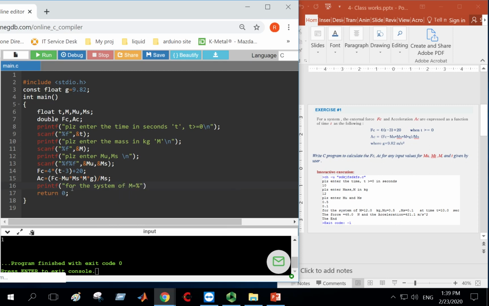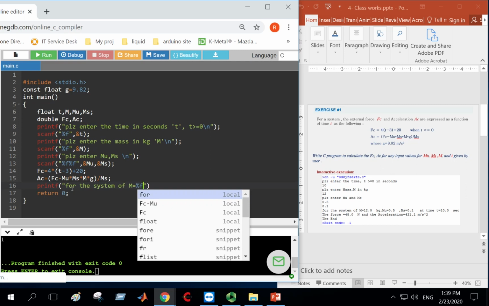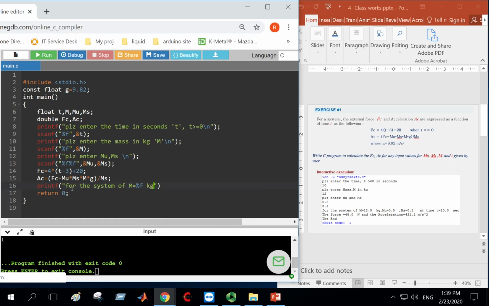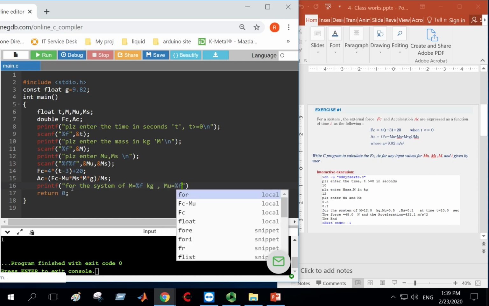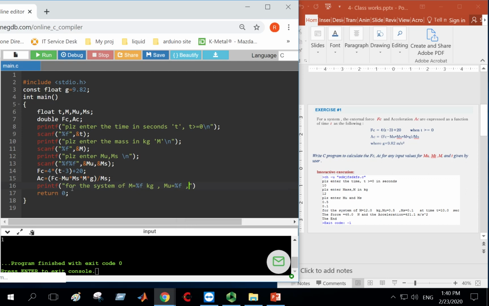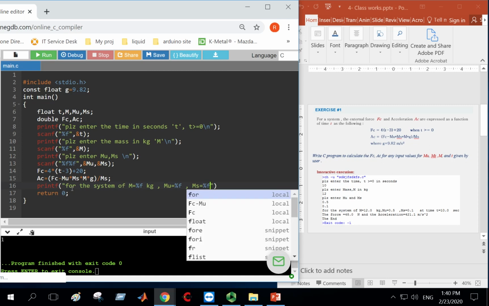So let me reserve a space for a float because we want to print the value of the mass here, followed by one space and the unit, which is kilogram, comma, mu value equal a number, which is a float also, without unit, comma, ms equal a value which is a float also, one space, comma,